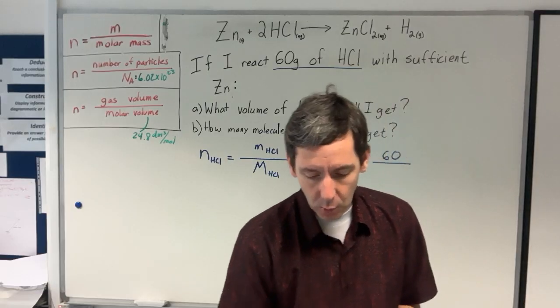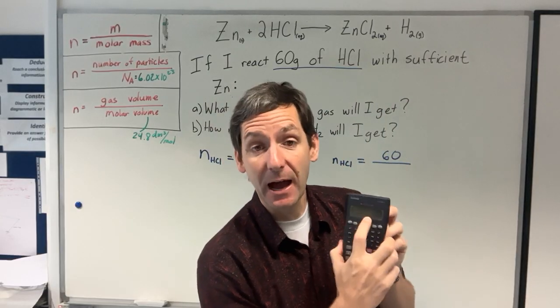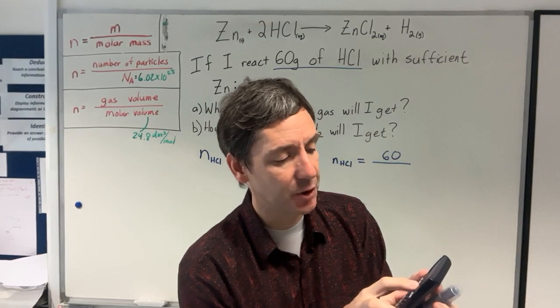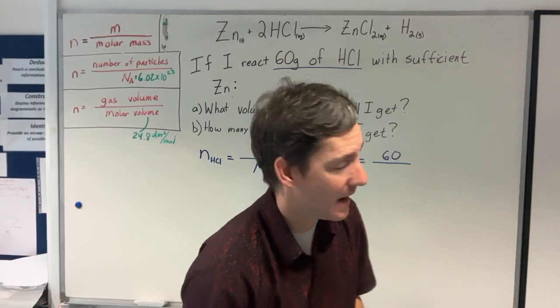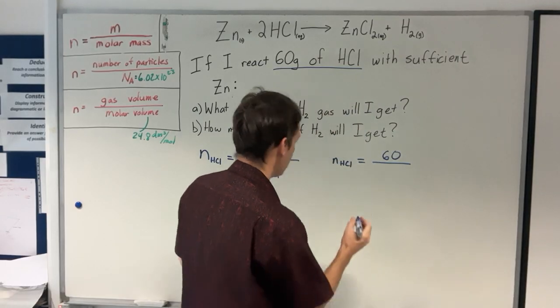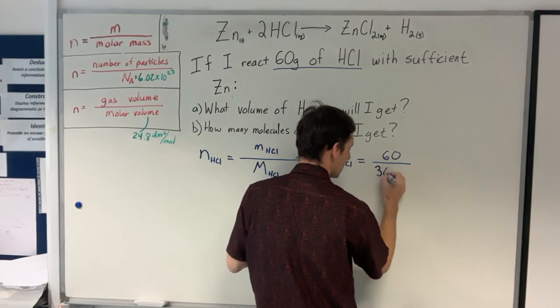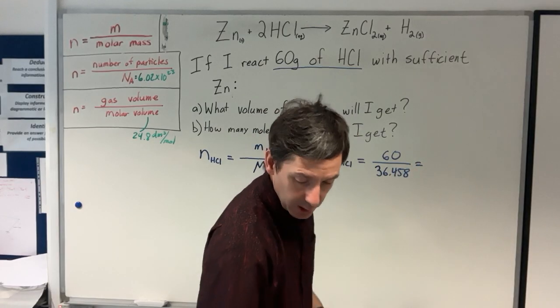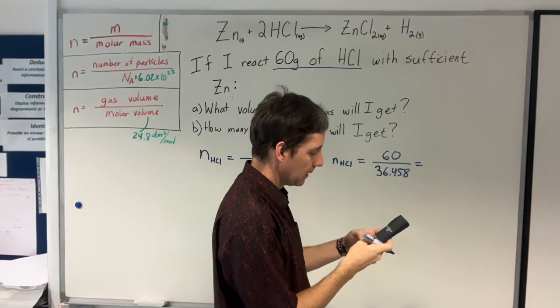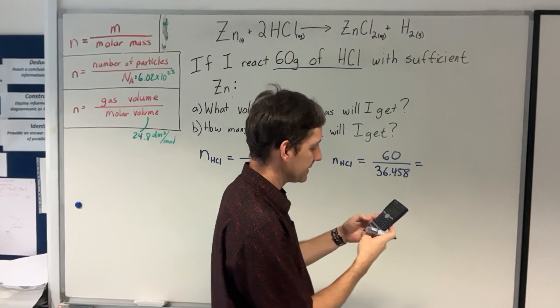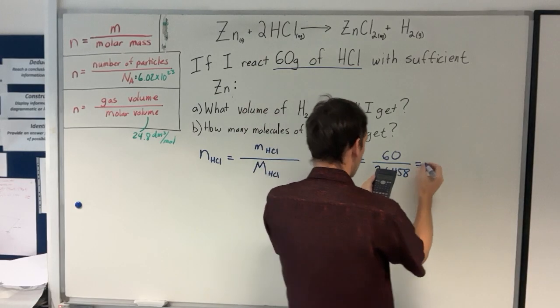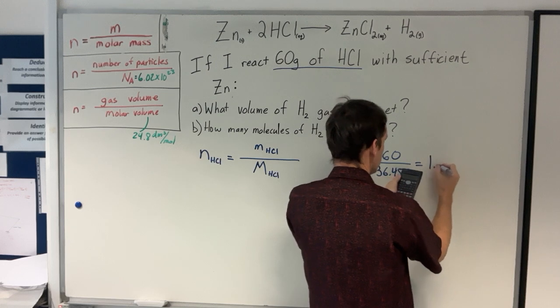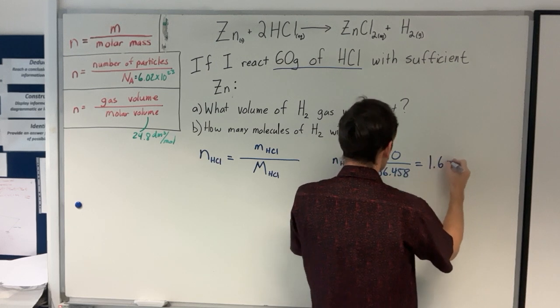All right, so when we put all that together, I add the hydrogen and the chlorine together, and I get 36.458. And so I'm going to put that down. And so I'm going to go 60 divided by 36.458, and I'm going to get 1.65